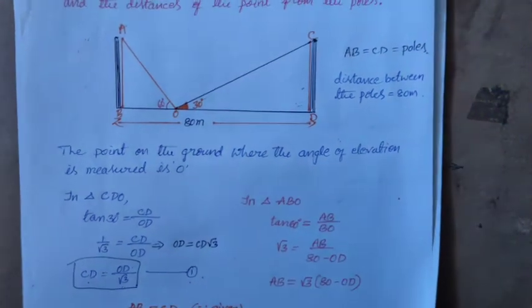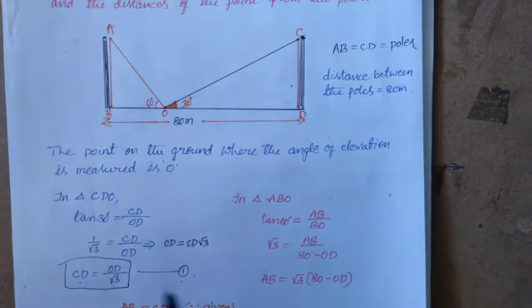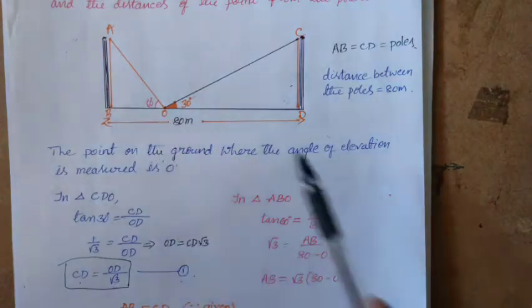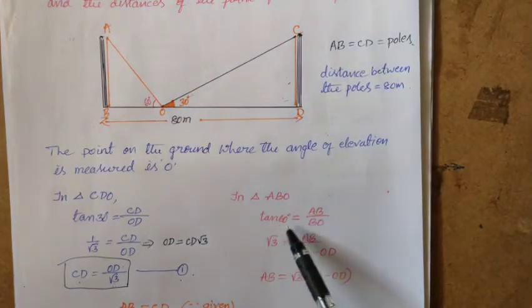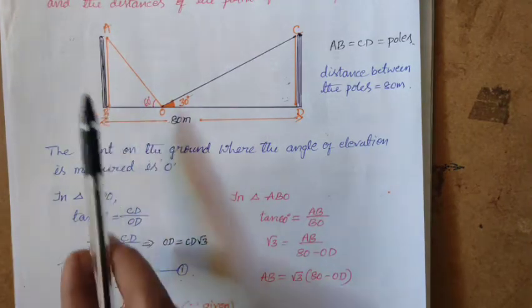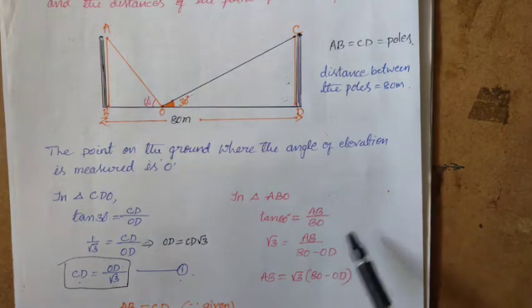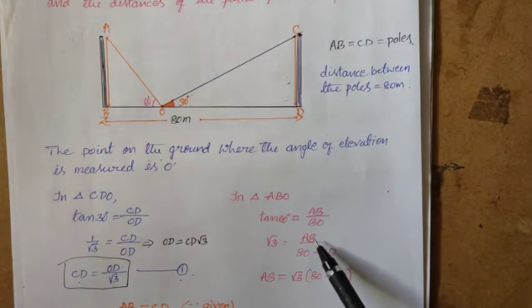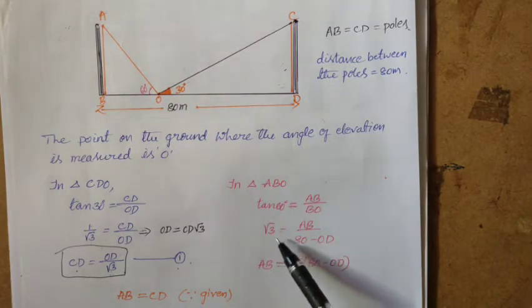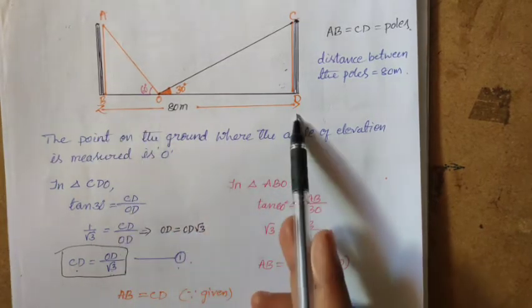Again I am going to the next triangle, that is what? ABO. You can observe this one, another triangle is there, ABO. Elevation is what? 60 degrees. So write tan 60 degree is equal to what? Opposite divided by adjacent, AB divided by BO. Write AB by BO. I don't know the value of AB, so write AB as it is. What is tan 60 degree? Yes, it is root 3. What is BO? BO is also I don't know, but the length of BD is given.